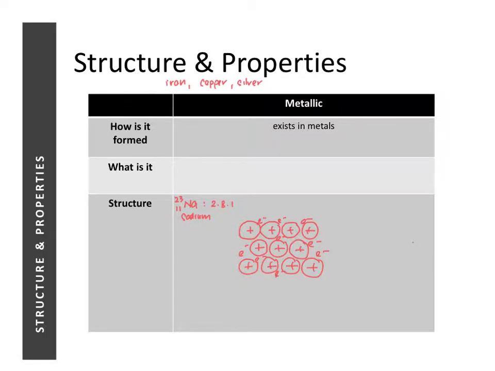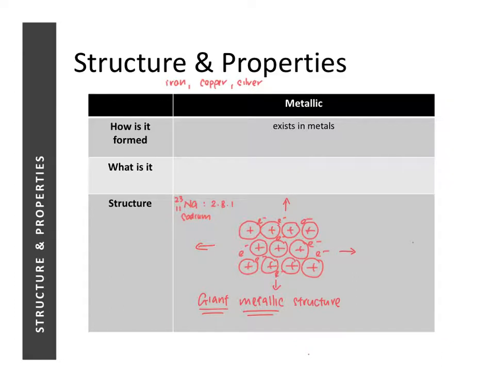So we actually call this structure a giant metallic structure. Once again, why giant? Because whatever I've just drawn only represents a section of the real structure. It extends indefinitely in all directions. So there are many sodium atoms which will form sodium ions and many electrons in the structure. So we call it giant structure, metallic because it is made up of metal